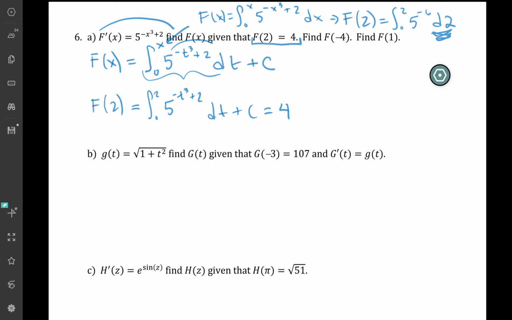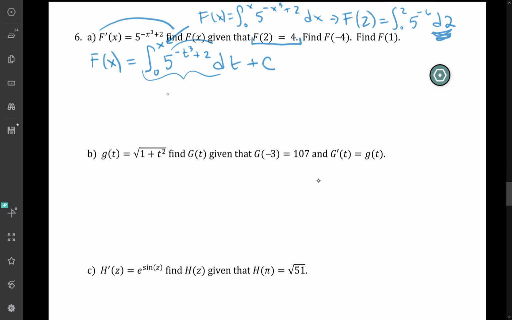And that would give you a number to replace that integral with, and then you could get an approximate value of c. But let me actually erase this and go back to where I started and show you an easier way. So I want you to be really clear on the fact that that would be fine. You could build it that way. Totally okay. But if we know that we want our antiderivative function to go through 2, 4,